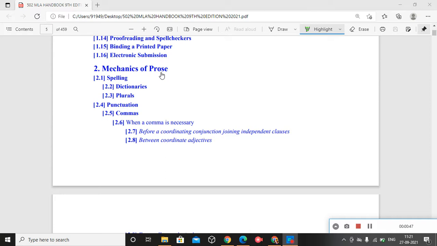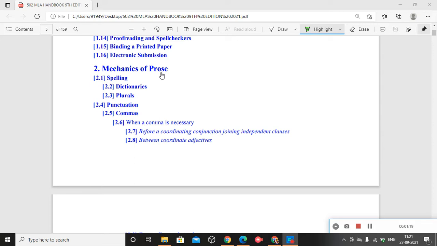In that case, we have to look at the important factors about language itself: punctuation, language consistency, tense consistency. All these ideas, which we already have in mind, are given with a more precise explanation and with examples. If it comes in this way, what to do? If it is in that way, what to do?